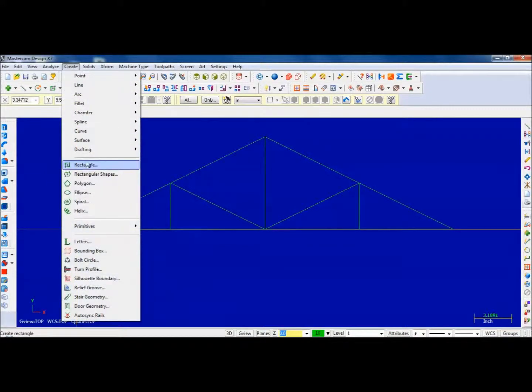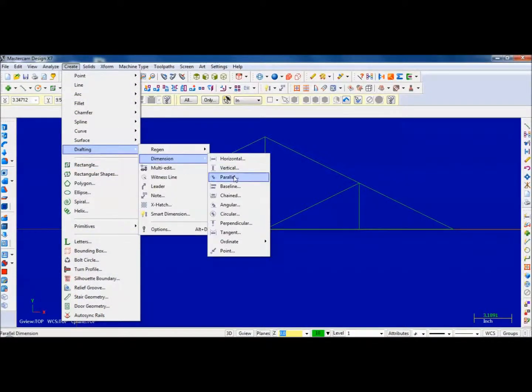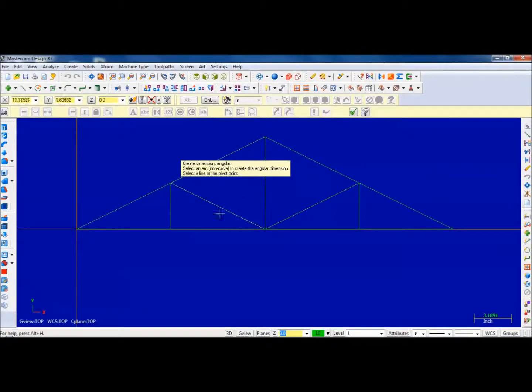I'm going to create a dimension, an angular dimension. Tangent of the angle equals opposite over adjacent. So tan of theta equals 8 over 16. Tan of theta equals 0.5. Divide both sides by tangent. The arctan of 0.5 is 26.6 degrees. And that's where that angle right there comes from, 26.6 degrees. And now that I have this angle, I should be able to figure out every other angle